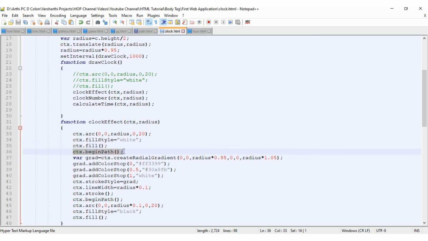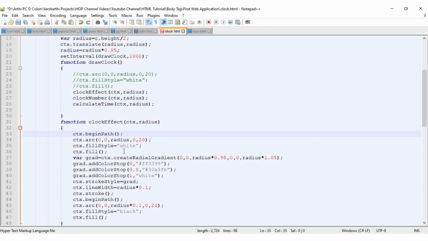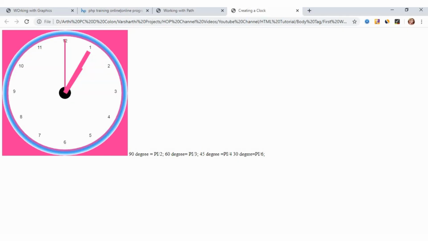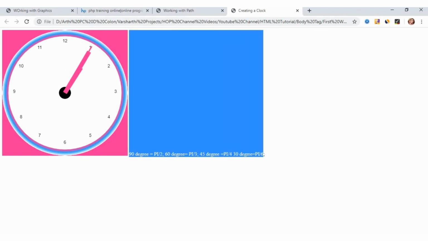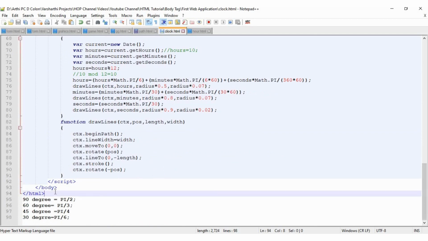So just create the path before creating your circle, right? So just create your circle after beginning your path function. Just save and run your program. Everything will be fine, right? So this formula we can make a comment. So if we do that, our output will be fine, right?